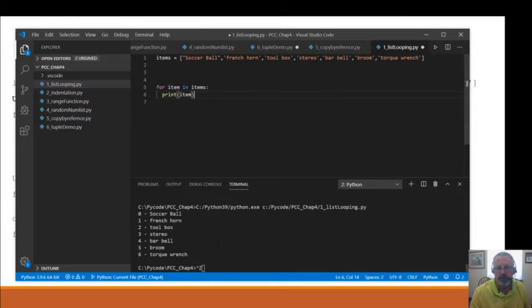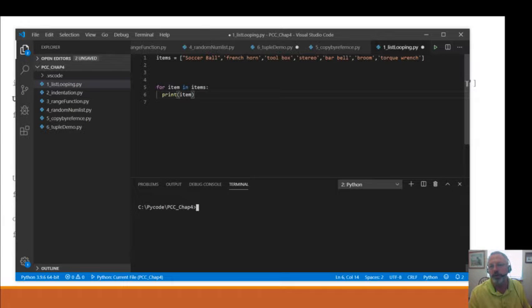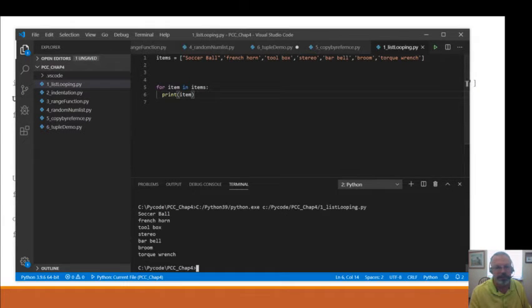So if we were going to print this, again, let's clear this up. If we're going to print this, we can run this, and it'll just print the items. The thing is, it's not printing the enumerator. It's not printing any numbers associated with it. It's just giving us our items. And if we wanted to print them sorted, we could do the sorted. Actually, we can't do sorted because it'd be a single item. It wouldn't change it at all. We'd have to sort the whole items list. So we can just print that item.